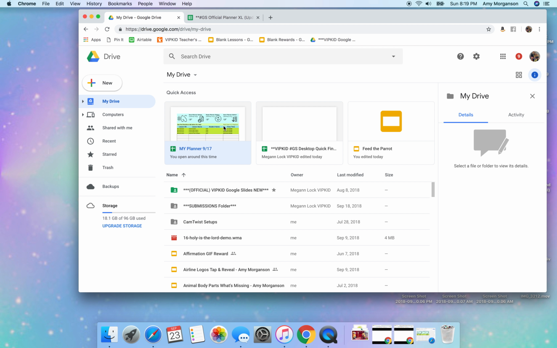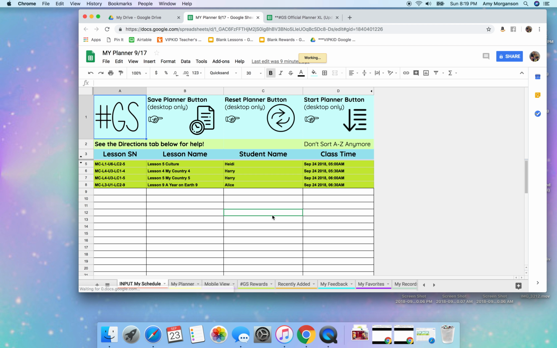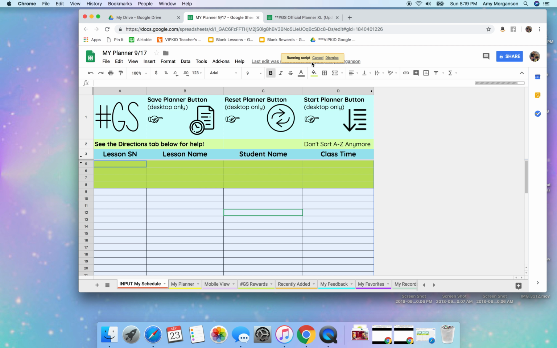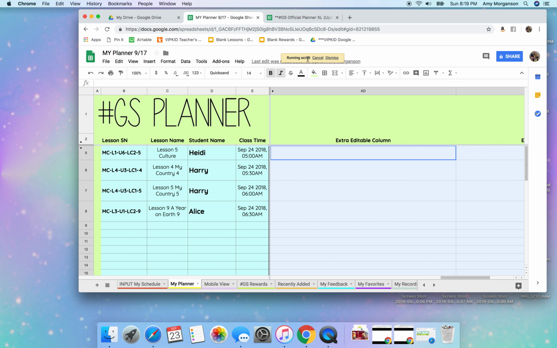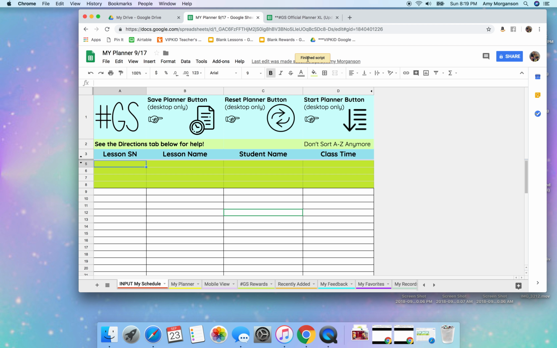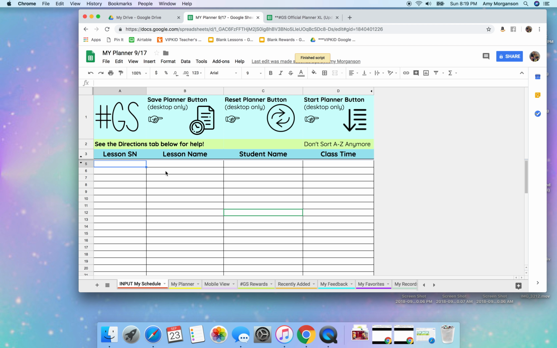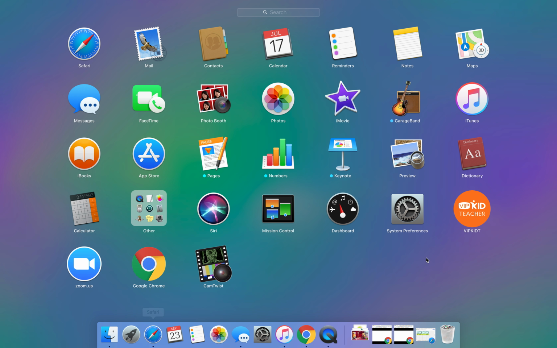Okay, so I have actually already done my prep for tomorrow morning, but I am going to clear it out by hitting this Reset Planner button here. It's going to run a script, and you'll see it up here. It's going to flip through a couple of pages and clear everything out, and then it'll bring me back to the schedule page. Then I'm going to go and open the portal,